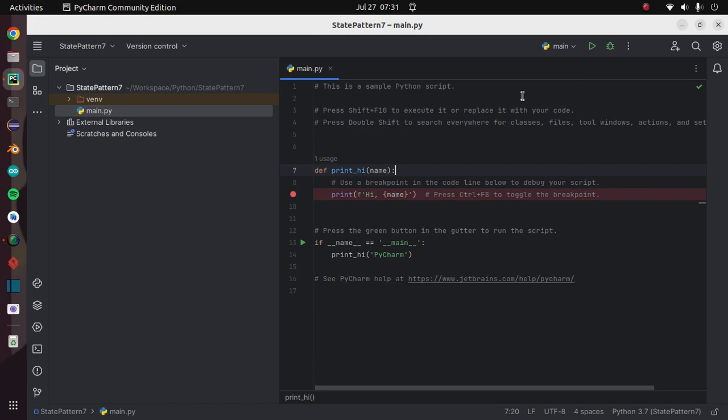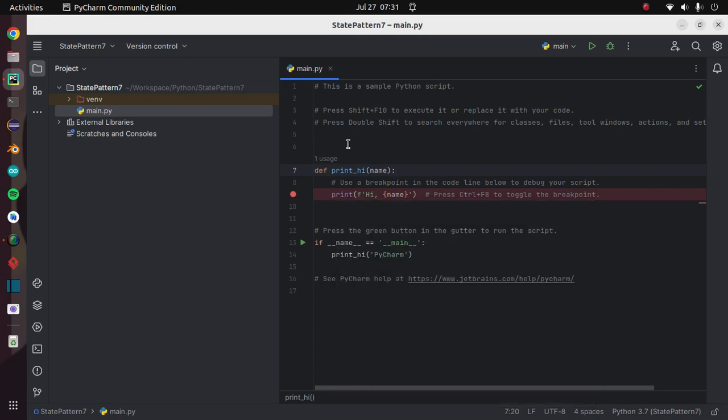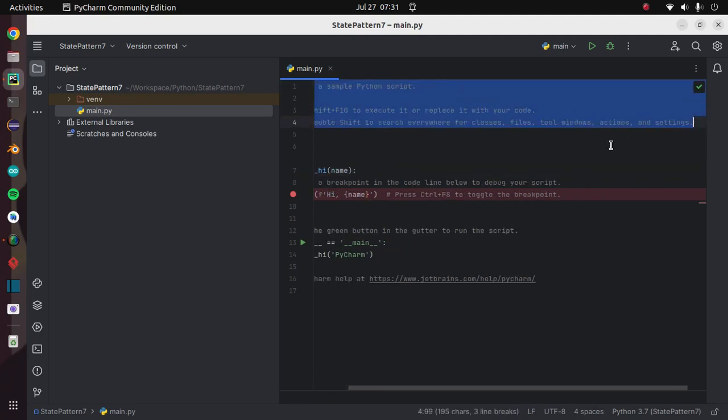So now I'm going to be doing the state pattern with a different example, a butterfly. The mama in this example is going to be God. God will be changing the states of the butterfly. So let's start. First we need to implement